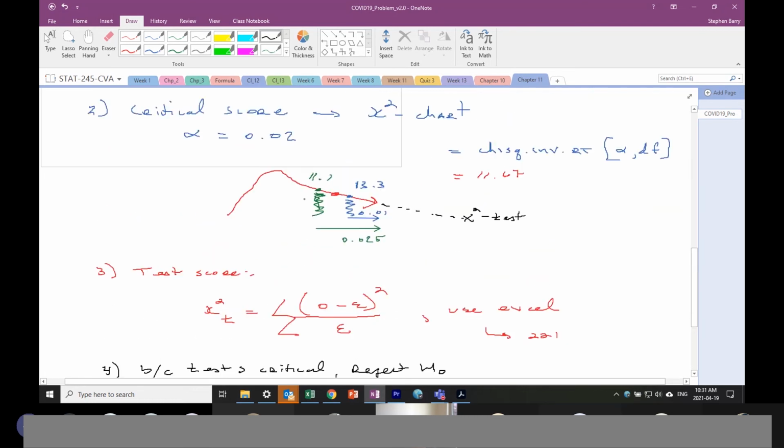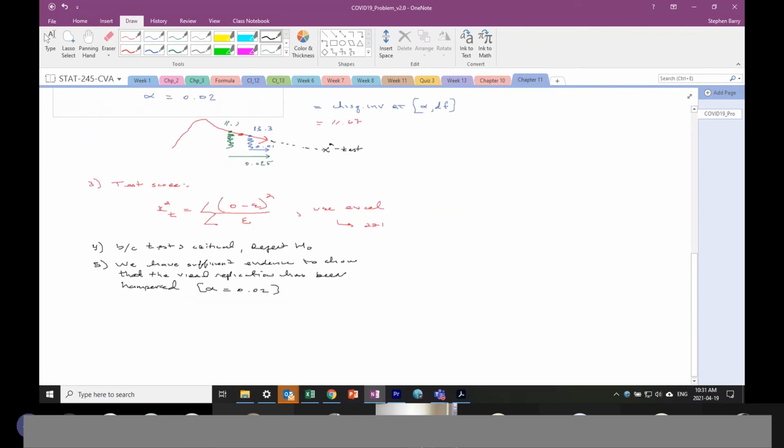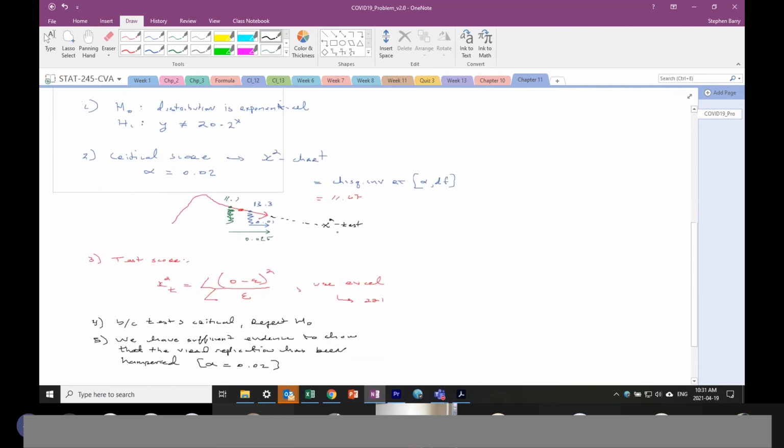Now, of course, the other thing too is the p-value method offers a lot of advantages here, right? You could actually figure out how sure you are. You can take the test score and, instead of doing this critical score business where I spent all this time trying to figure out what my critical value is, let's just figure out the p-value of this, right? Your other strategy could have been, what is the p-value of a 221? In other words, what is the area of a 221 over here? And you could do that by going